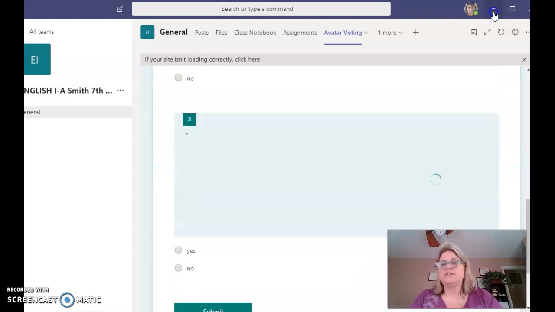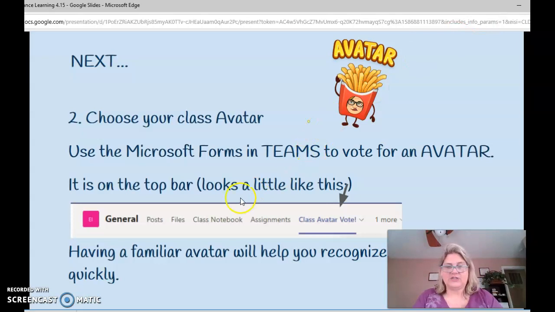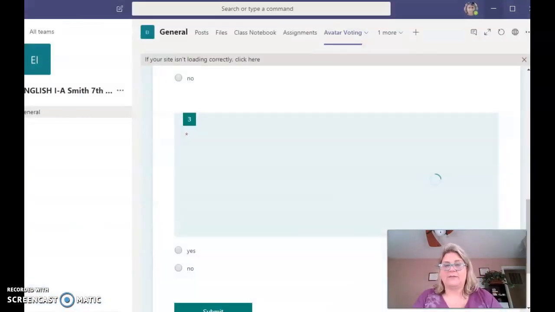Okay, so that's just a quick introduction to Teams. I highly recommend, though, that you mess around with this and look at it a little bit, just to familiarize yourself with it, okay? There's nothing wrong or bad with that, but I'm going to record most of my lessons and lead you through with whatever you need to do.